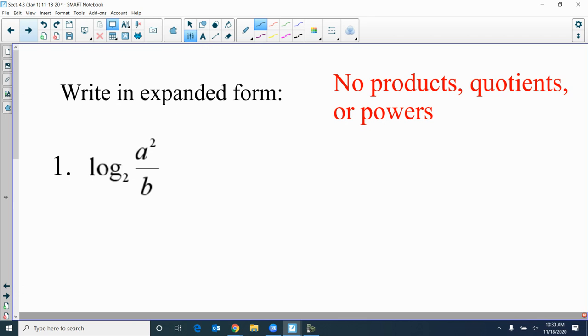All right, going the other way. Write in expanded form. Now there's a couple key things. When you are done, you cannot have a product. You cannot be taking the log of a product, a quotient, or a power. So by that, whatever we're taking the log of, you cannot have